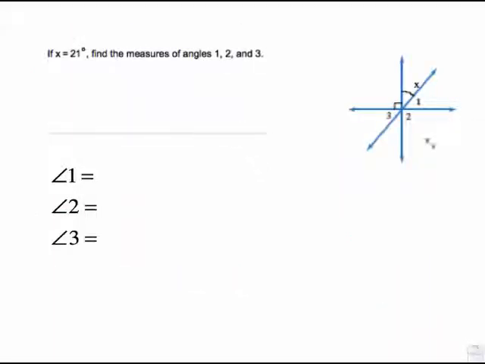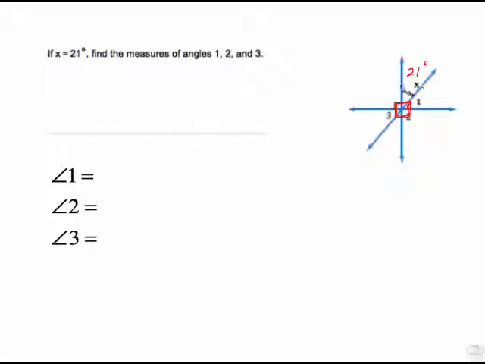Another picture which they're asking us to find angle 1, 2, and 3. It says x is 21 degrees. Anytime you have a picture and they give you some numbers, fill that into the picture because a lot of times that just makes it so obvious how to do this. You see the little box here, which is telling you that that's a right angle. If that's a right angle, that's a right angle, that's a right angle, all of these would have to be right angles. So, if this is a right angle over here and this is 21,